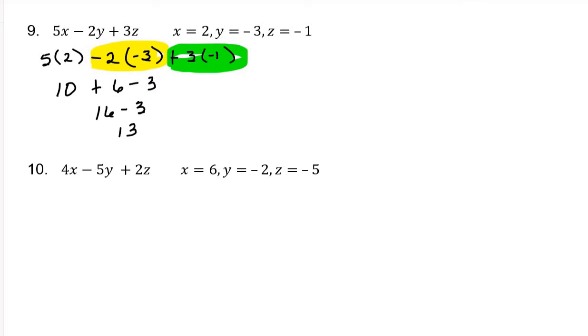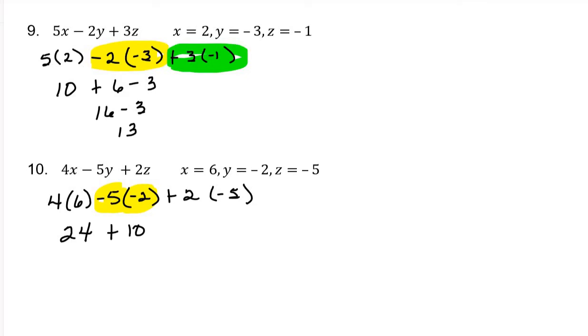Problem 10, substitute in my numbers. In place of the x, I'm going to put 6. And in place of the y, I'm going to put negative 2. And in place of the z, I'm going to put negative 5. I'm going to multiply. And again, in the middle part, I'm going to think of this as negative 5 times negative 2, which is a positive 10. So I'll write plus 10. And then I'm going to think of this as a positive 2 times negative 10, which is negative 10, so